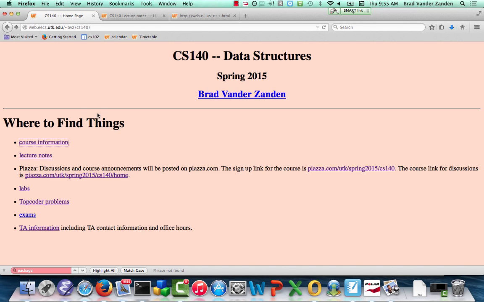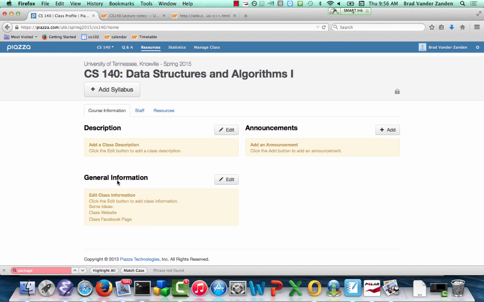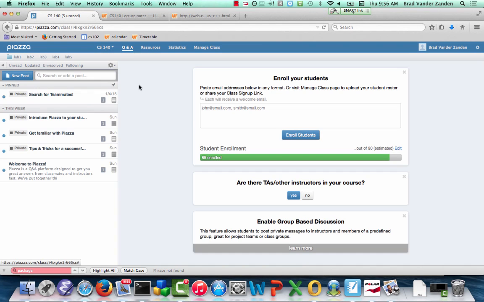Instead, let's get back to the main page here. The main page has where to find things. And one of the things that you're going to be introduced to is a discussion board site called Piazza. Piazza is a great place for posting questions, getting answers, and we use it for this course also to make announcements. So if you did not register yesterday in lab because, for example, you were not there, you need to do so. There's a sign-up link, and there is then the actual home where you will go to Q&A,